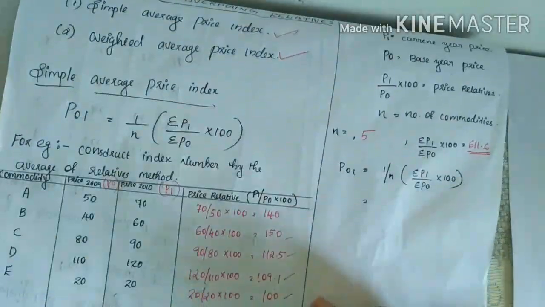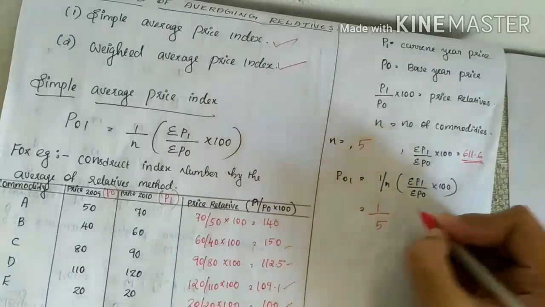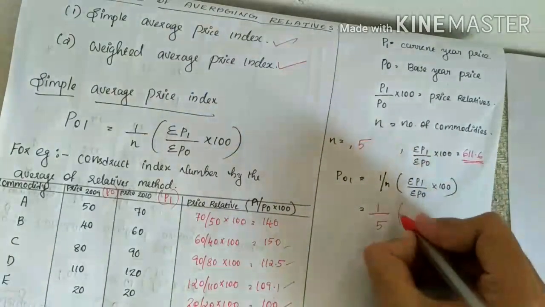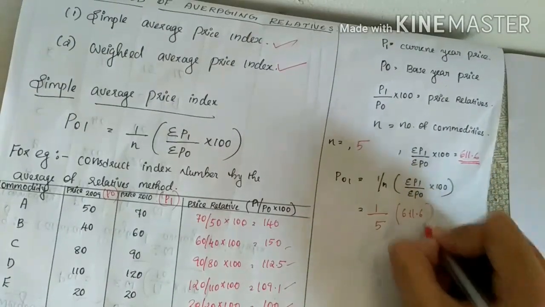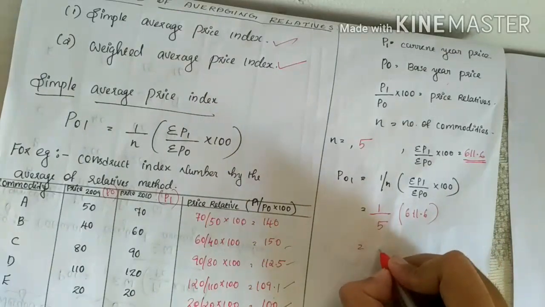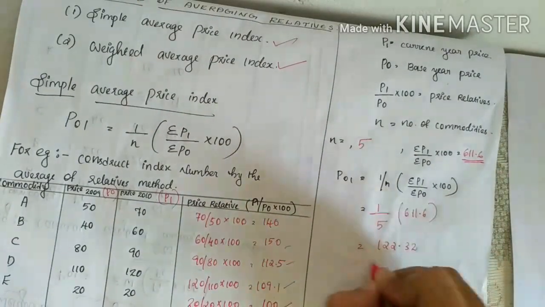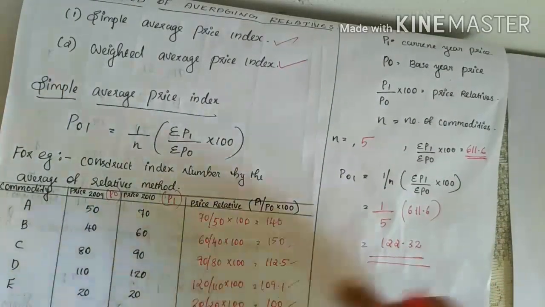611.6. Then applying the equation, that is 1 divided by 5 into sigma P1 divided by P0 into 100, 611.6 is equal to 122.32. The price index of the following commodity is